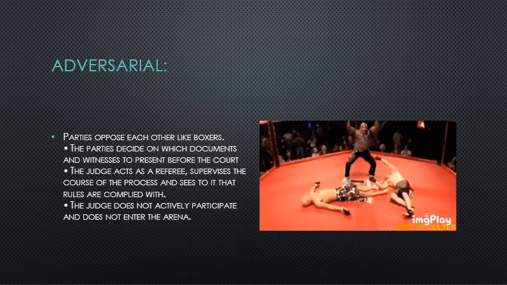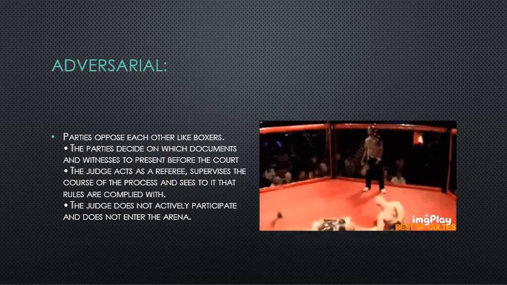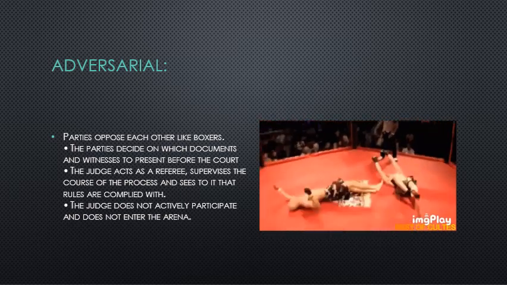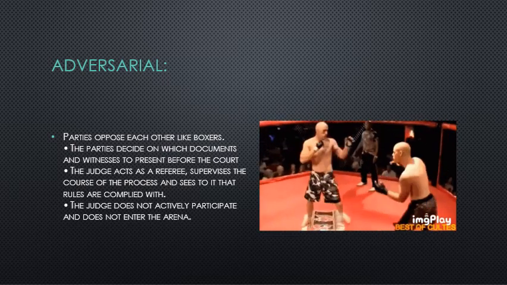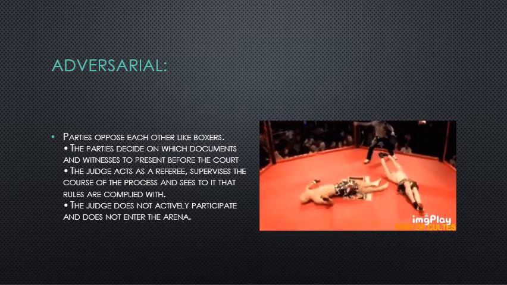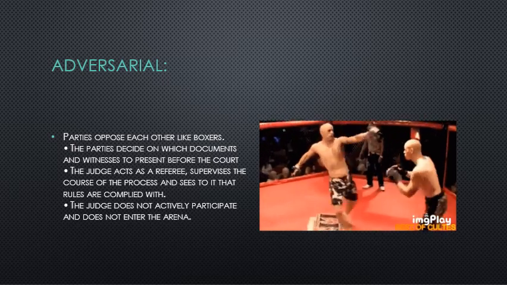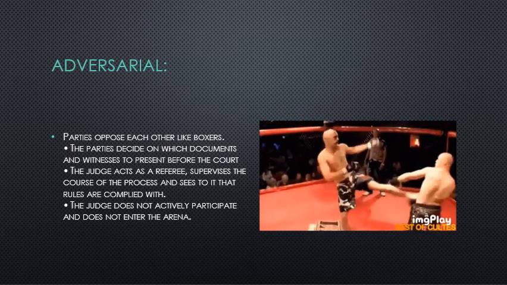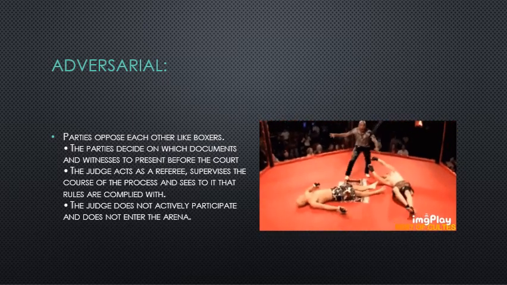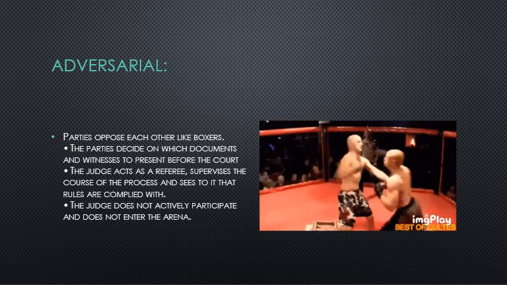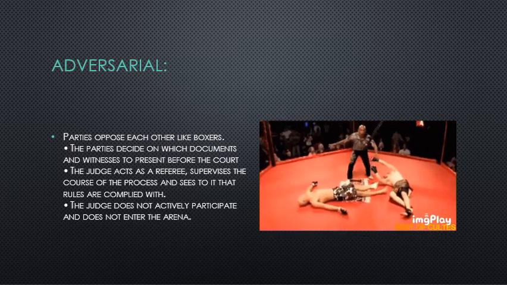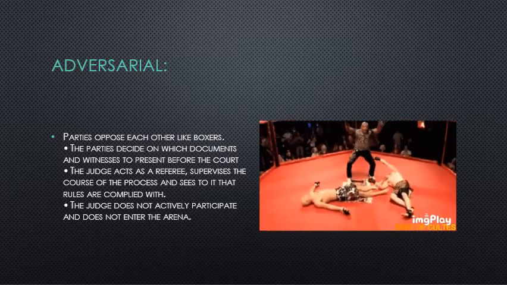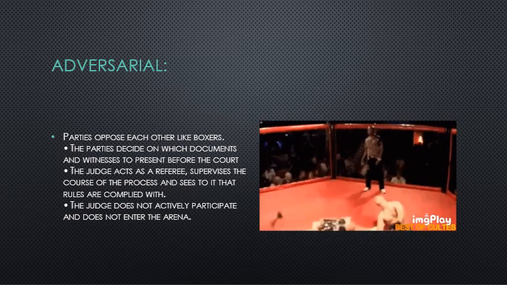Now, in terms of a court, the judge does nothing, just like a referee. He's looking, he's observing, he does nothing. He does not actively participate or do anything to aid either of the parties, right? So the adversarial system, this is a system that we are all well aware of. We watch series and dramas and so forth. We have someone who submits evidence, another one comes in and objects and so forth. So this is the adversarial system that you are familiar with.